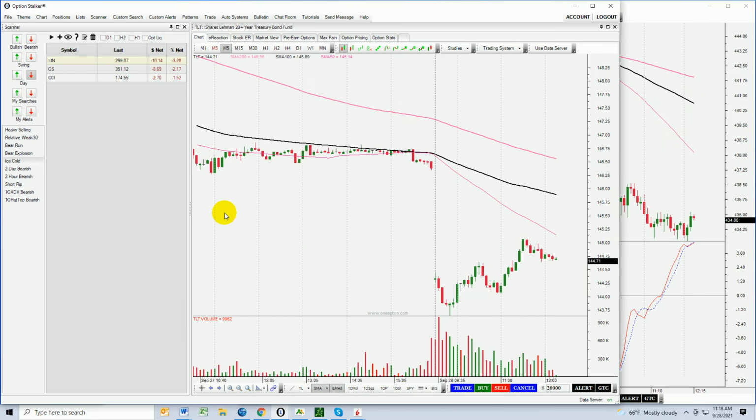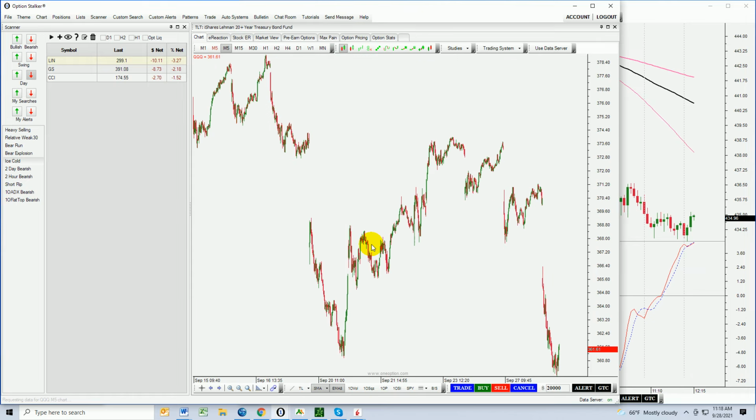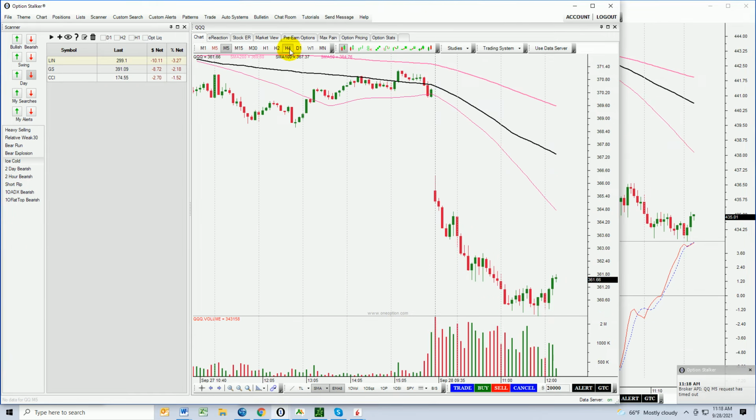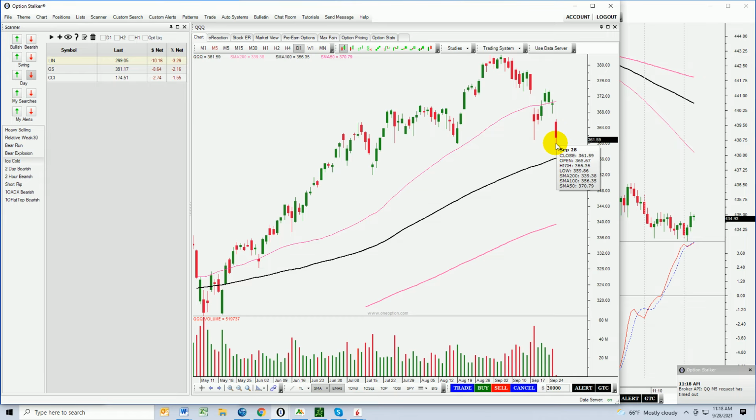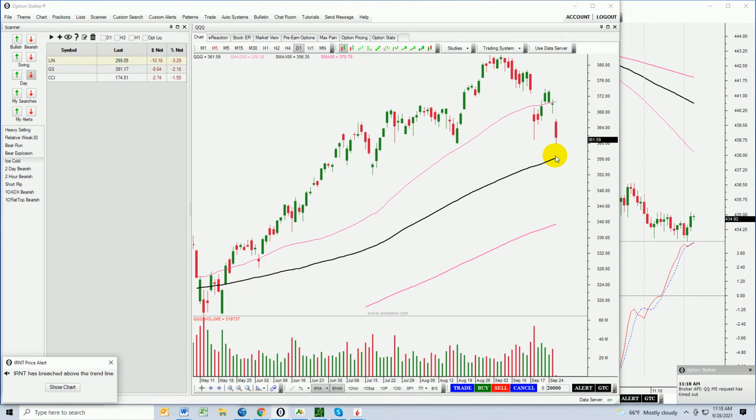So what can I find for a short of the day? Well, first of all, let's take a look at a major index, QQQ. We know that the 5 largest companies, Microsoft, Facebook, Google, Amazon, Apple, are all in the QQQ. The QQQ is also a little bit more sensitive to interest rates. So that is what we're going to take a look at. Here you have your bearish flag formation, and you can see how that was the low from last week, and we've actually tested that low and taken that low out. Plus we have some additional